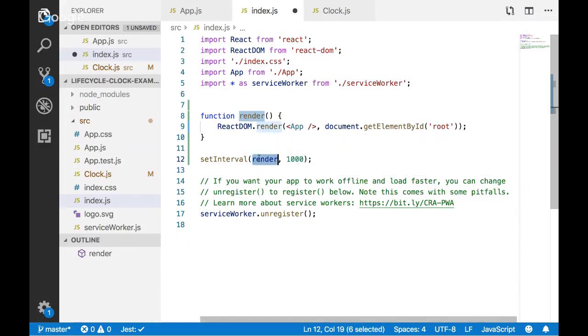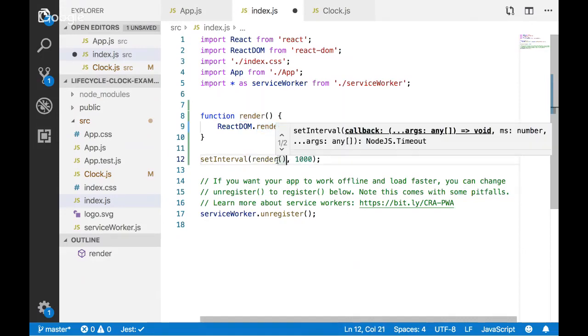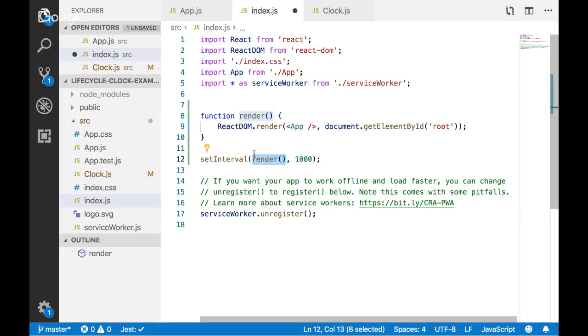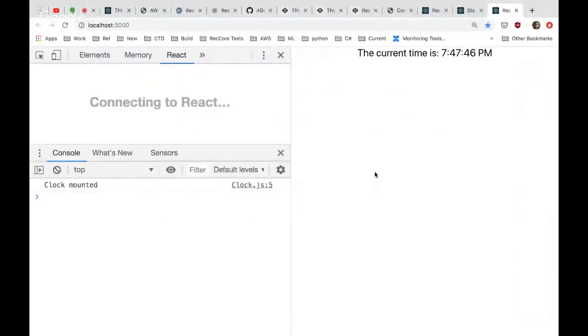It'll be a gotcha if I have a reference to this function, and I don't have the parentheses around it, that means I didn't actually call the function and get back what it returns. It's just a reference to the function that can be used elsewhere. But if I put the parentheses here, it would be a reference not to the function, but to the result of evaluating this function, which in this case would be undefined because I'm not returning anything. So let's try this now, and let's see what happens.